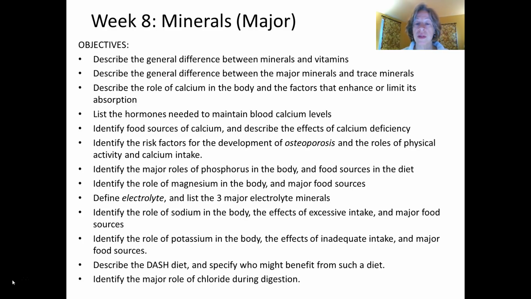Major roles of phosphorus in the body. Phosphorus is found everywhere: in your diet, and in your body, it's primarily found in your bone, but it's also found elsewhere as well. Food sources in the diet: phosphorus is found in so many foods. It's really not a problem with regard to deficiencies, but getting too much phosphorus and not enough calcium is problematic,